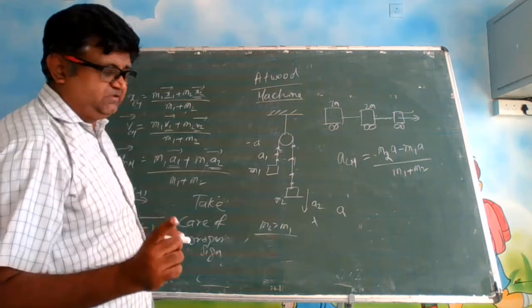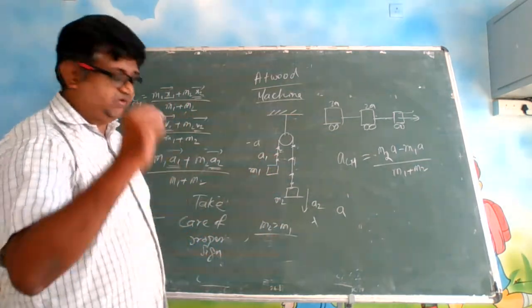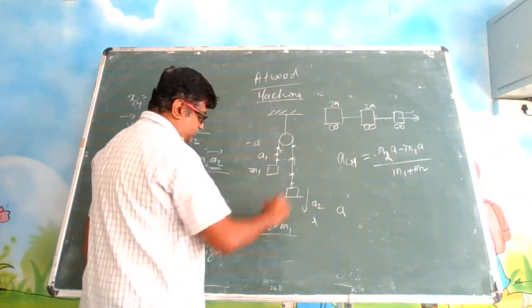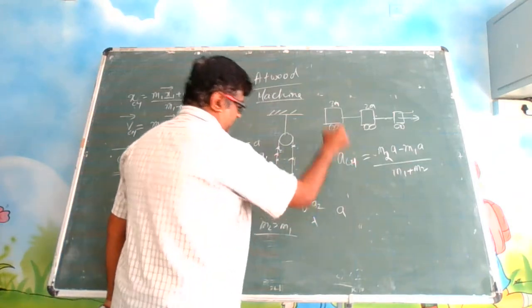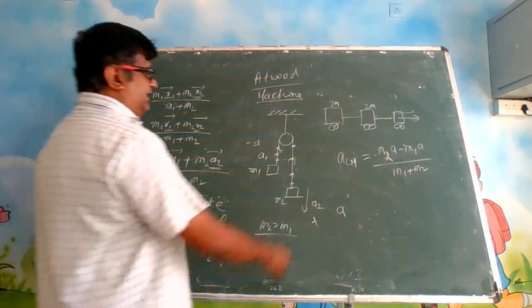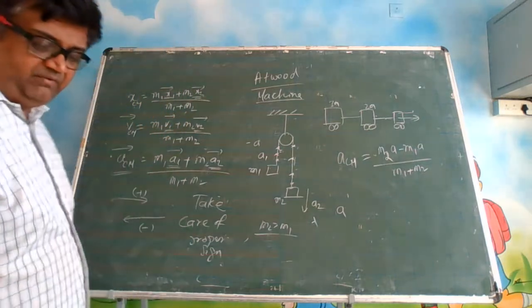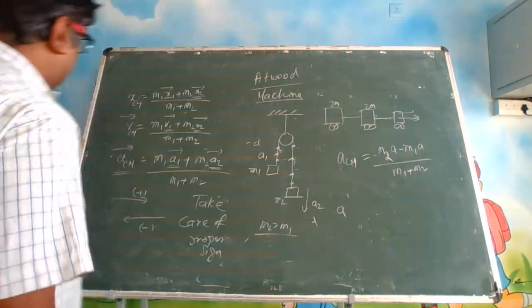And the question is not finding the individual accelerations. The question is, what is the acceleration of the center of mass? That is what we have to calculate. Here, M1, M2 is already known. We have to find A. Simply, there is a small formula, but I want to tell you the procedure.